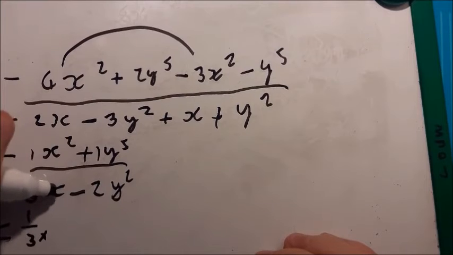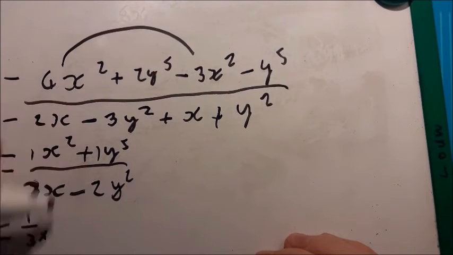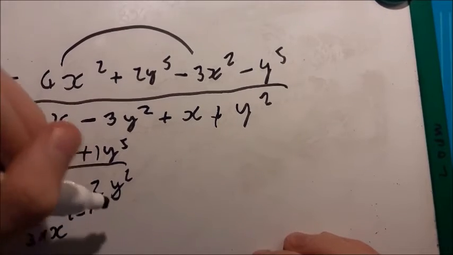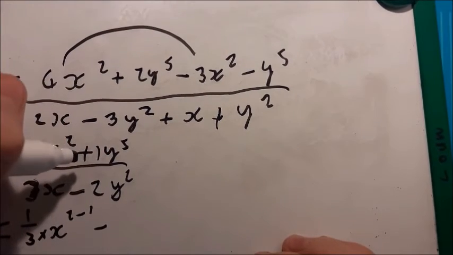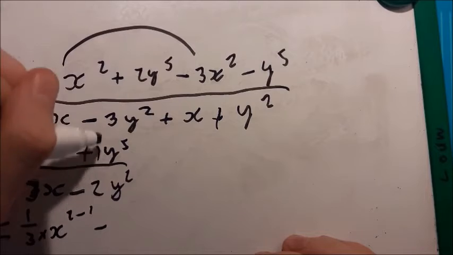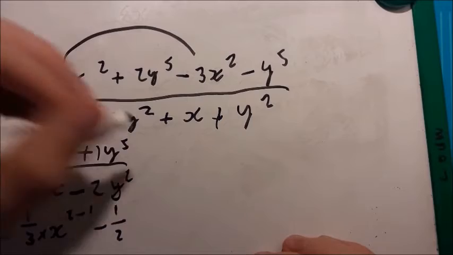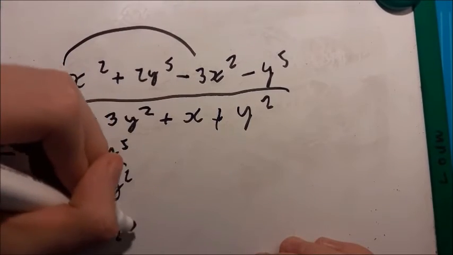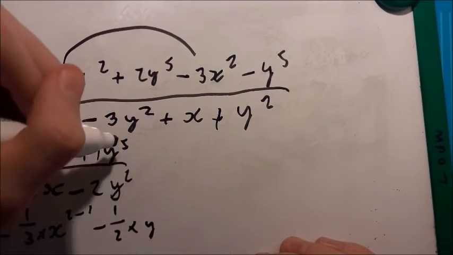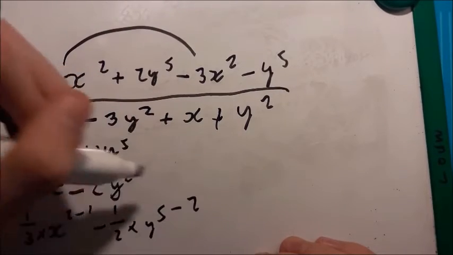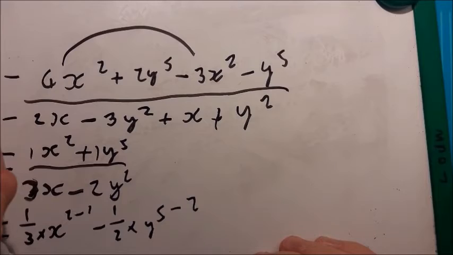Now x to the power of 2 is actually x to the power of 2 minus 1, so it's still a minus 1 over 2, so it's a half, and then we have this times y to the power of 5 minus 2,